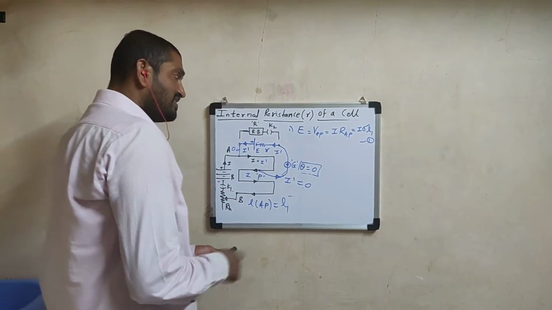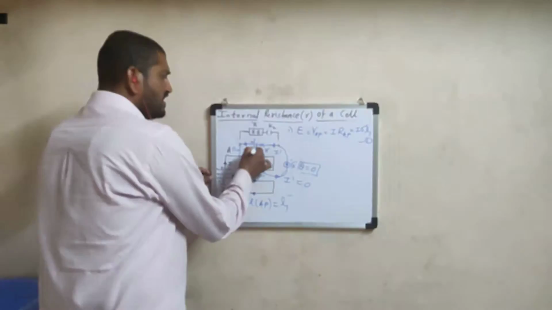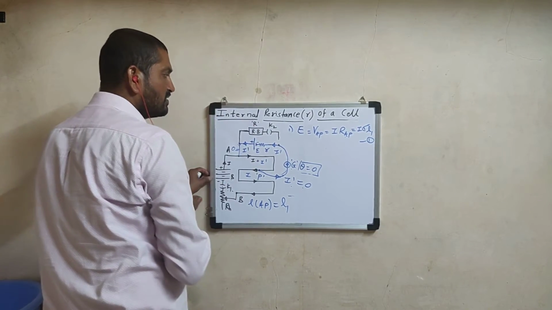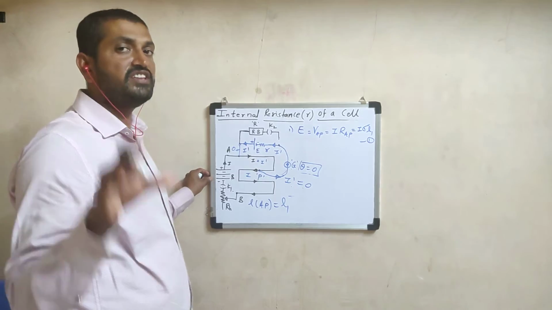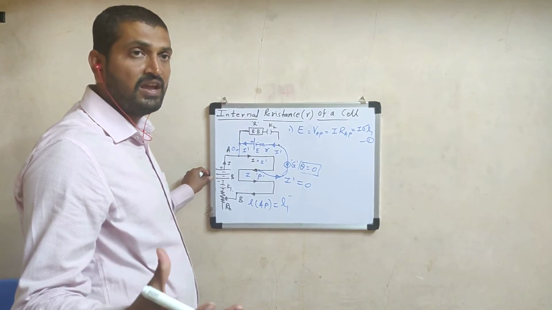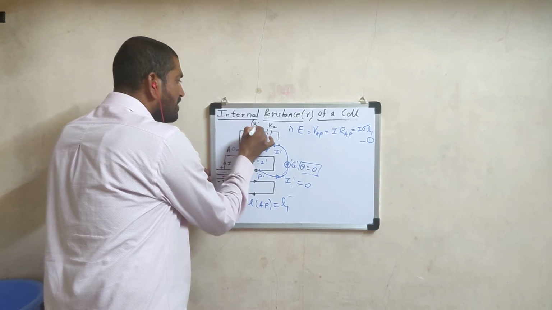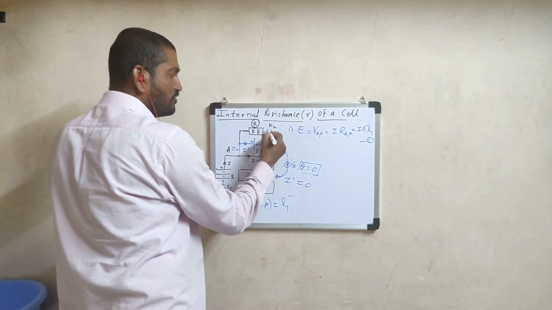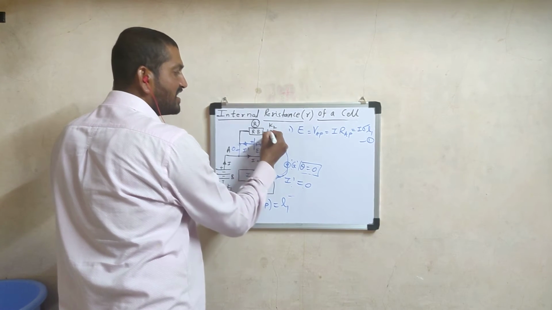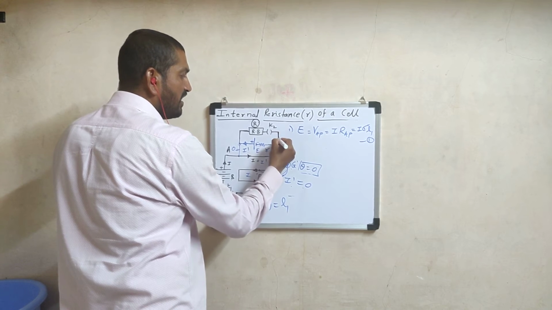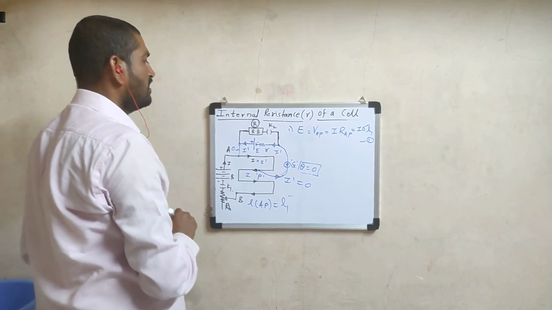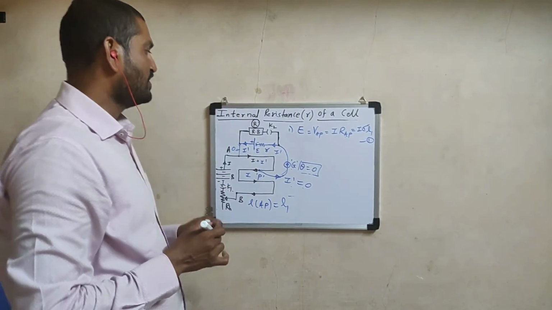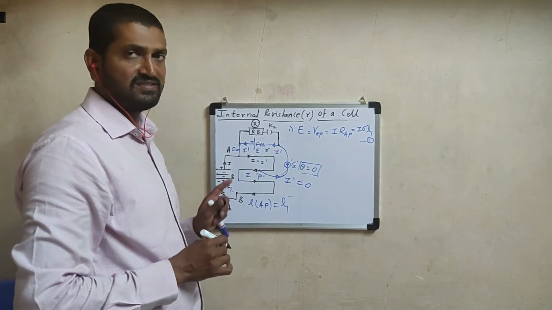Now, in the next experiment, what to do? This cell is to be shunted, meaning in parallel with this cell, we have to connect a resistance box. Why connect a resistance box? Actually, a resistance box is an assembly of resistors, from which a certain known resistance, say capital R, is to be selected. Now this upper circuit, the third circuit, again I am drawing in black color. This is the external resistance circuit in which one key K2 is connected. In the first experiment, only key K1 was closed and K2 was kept open, so that procedure is the same as we discussed.